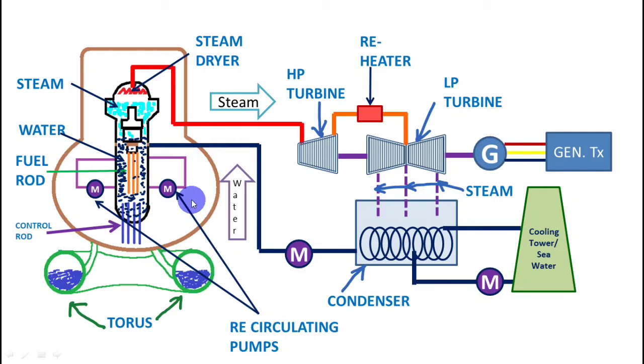In this video you have seen that the boiling water nuclear power plant is a single circuit nuclear power plant, with a single circuit of water flow. This has a disadvantage because the radioactivity of the steam cannot be eliminated; it is flowing through the turbine and so on. That is why modifications have been made, and the pressurized water reactor has come into the picture. So in the next video we will be discussing the pressurized water reactor.